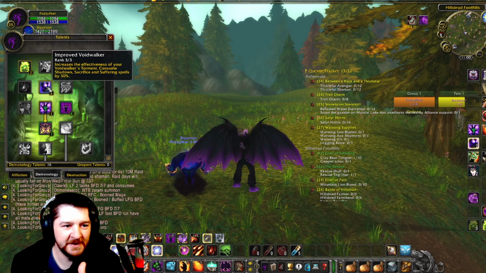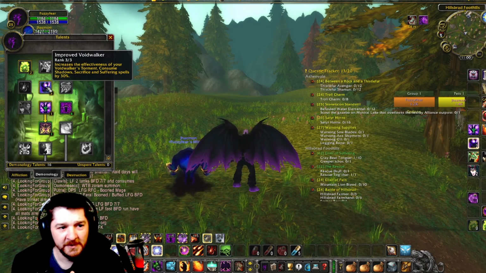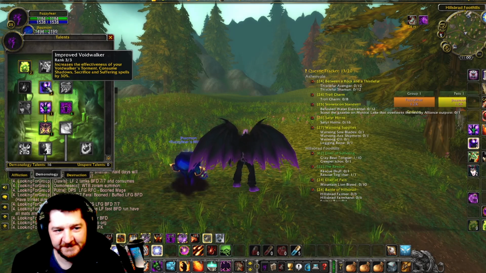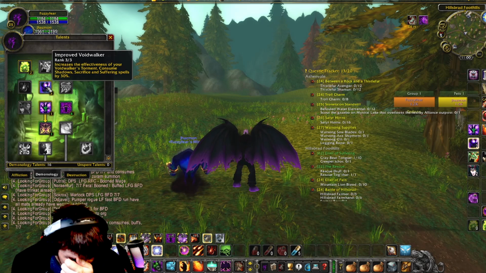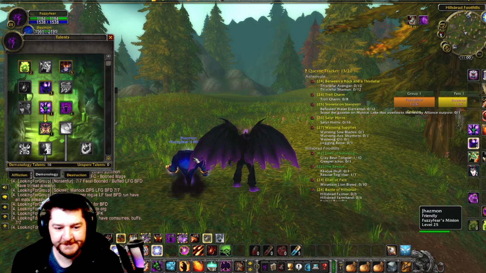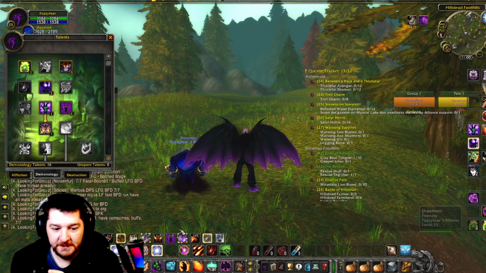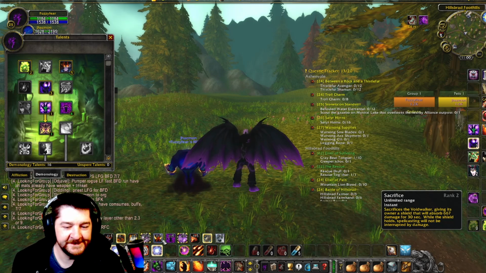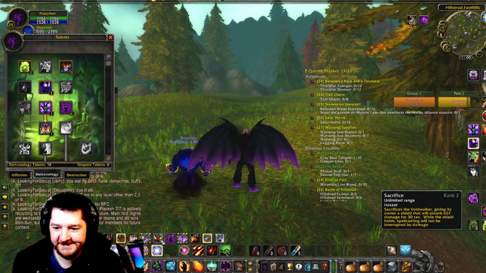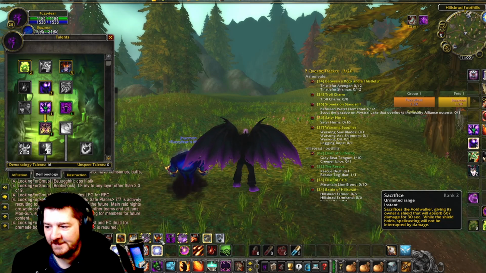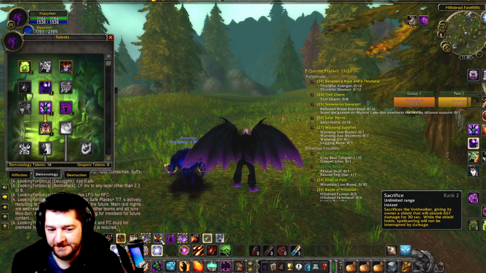Then we're going to talk about improved Void Walker. This increases the effectiveness of your Void Walker's Torment, Consume Shadow, Sacrifice, and Suffering spells. Really, the main benefit from these three talents is that you're getting more of a shield when you sacrifice your Void Walker.